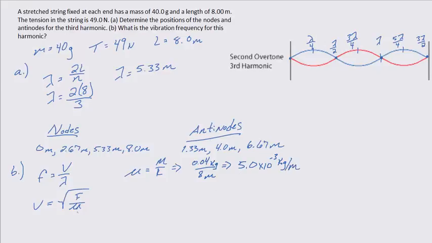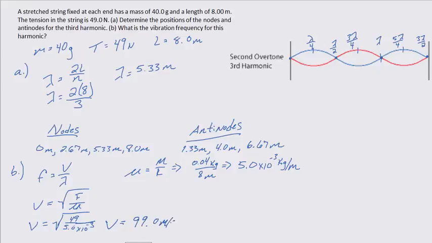Now that we know mu and we know our tension, we can solve for the velocity of our wave. So the square root of 49 divided by 5.0 times 10 to the negative third will give us a wave speed that is equivalent to